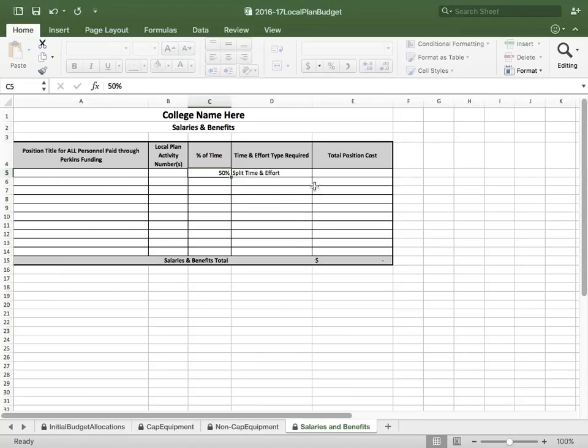But basically, there's more than one type of time and effort documentation. And it depends on if the student is, or the position is serving non-CTE students. So once we get, after this is over with, if you have questions about that, we can address it. But for the purpose here, just know that it will tell you what time and effort form is needed. And so then you're going to put in the total cost of the position. Just like travel, you don't have to break it out here. You can just give us the anticipated total cost from Perkins.